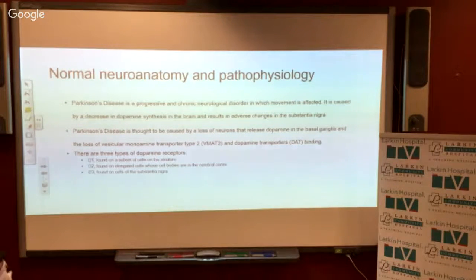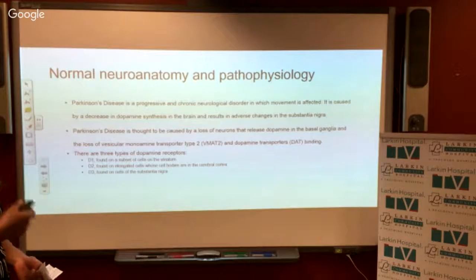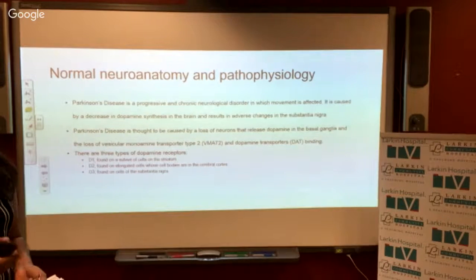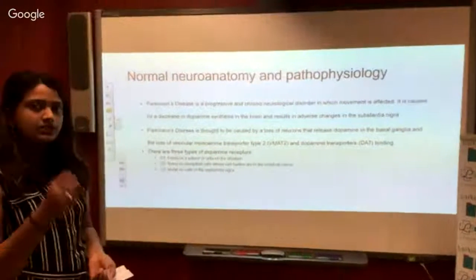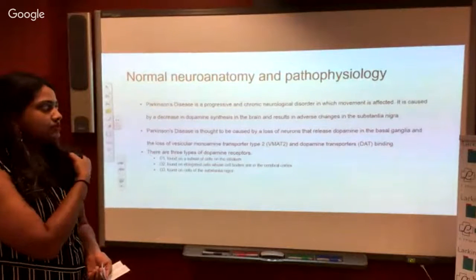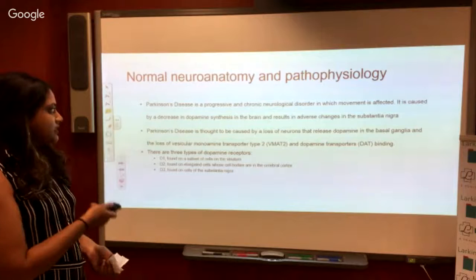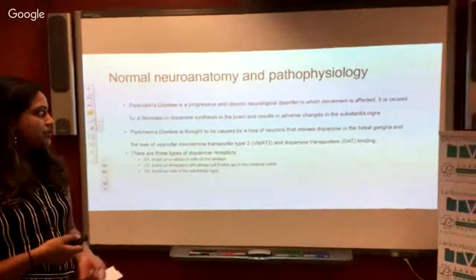Parkinson's disease is a progressive and chronic neurological disorder in which movement is affected. It's caused in most part by a decrease in dopamine synthesis in the brain, and that results in adverse changes in the substantia nigra. It's thought to be caused by loss of neurons that release the dopamine in the basal ganglia, and the loss of particular vesicular monoamine transporter type 2, the VMAT2